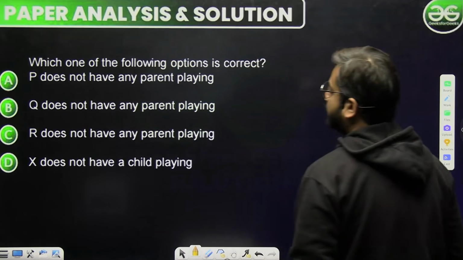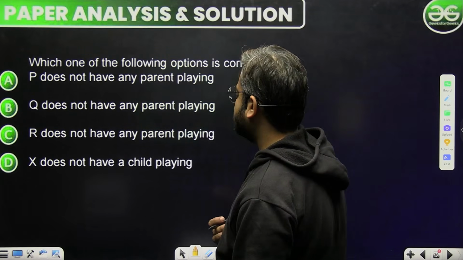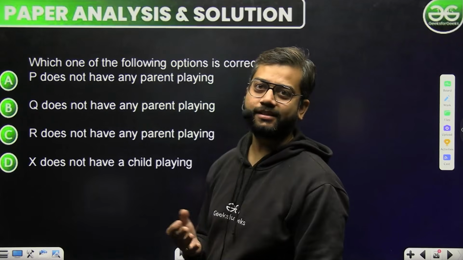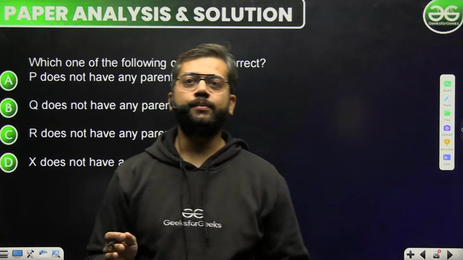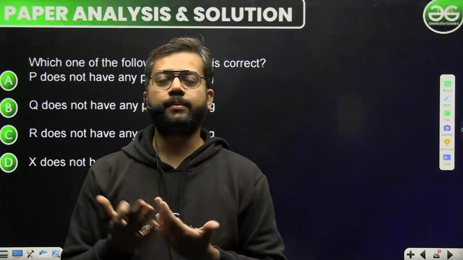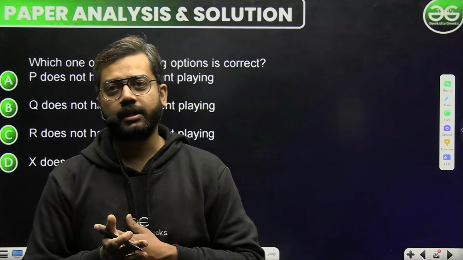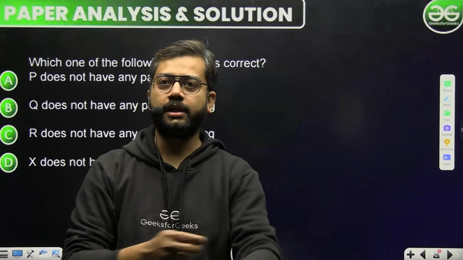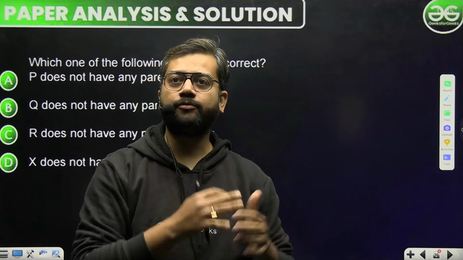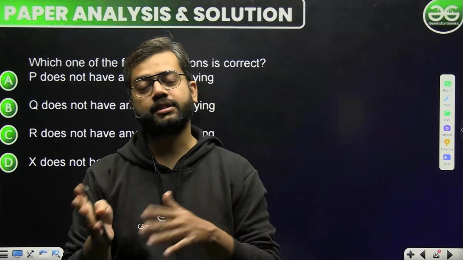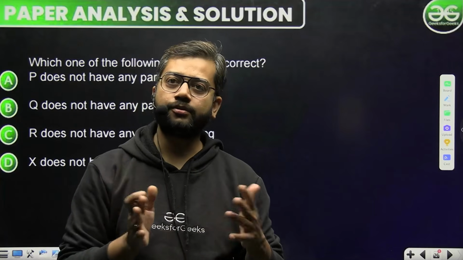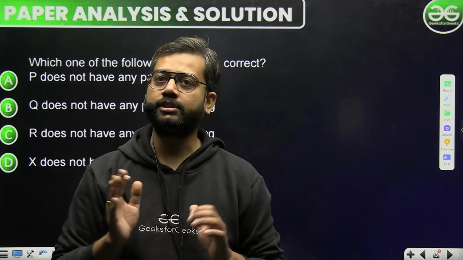P does not have any parents playing, Q does not have any parents playing, R does not have any parents playing, X does not, okay, सिंगल यही ऑप्शन दे रखा है। अब इसको डिस्कस करो। देखो, अगर हमारा टीम 2 जो है ना ग्रोन अप X का है, टीम 1 में क्या है हमारे पास P R है। अब चिल्ड्रन जो है वो P और R हैं, और किसके अगेंस्ट खेल रहे हैं? X और Y के। और X और Y दोनों या तो पेरेंट होंगे या चिल्ड्रन होंगे।